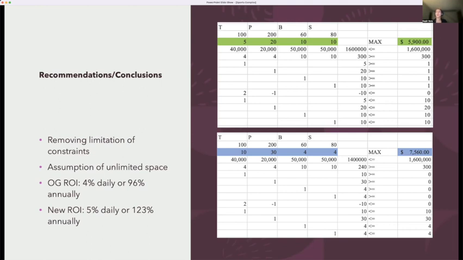So all in all, I would recommend the investors go with this new model approach if they're open to changing up the constraints. Of course, if we're limited by the constraints that the investors have decided on, then we should go with the first model, because the first model still gives us a really good return on investment.